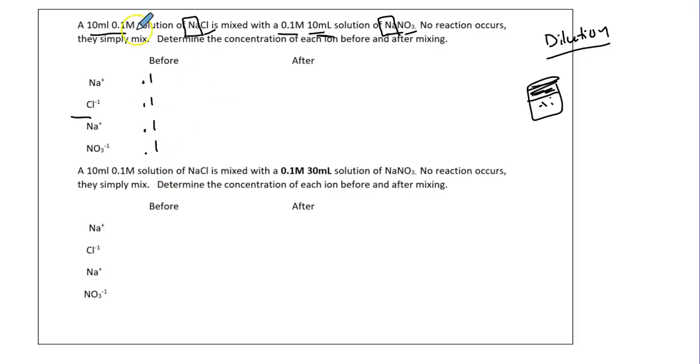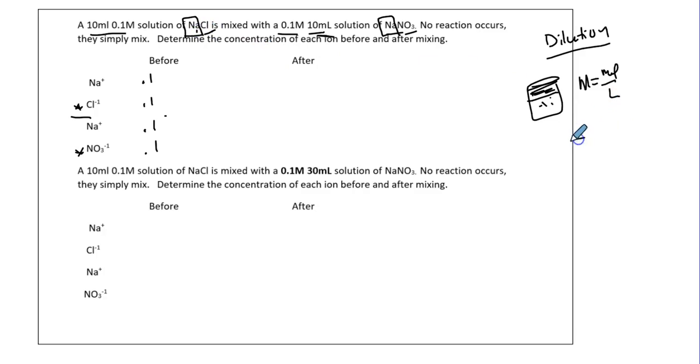Okay, because everything's just 0.1, 0.1, 0.1. Now, I'm going to go ahead and do the dilutions right away. The dilutions will be this guy and this guy. At that point, you could use the molarity formula for all this stuff. You have to understand the molarity formula, because if you don't, you really don't understand what's going on here. So, let's get the moles of the sodium, the moles of the chlorine, and then we'll just dilute by